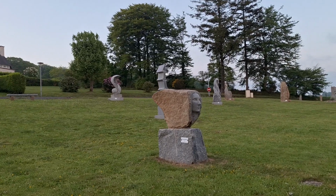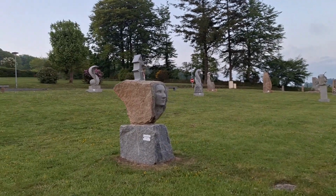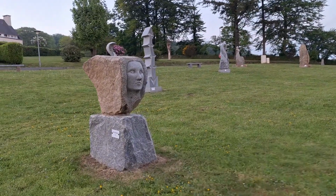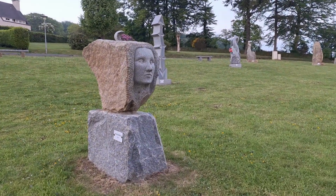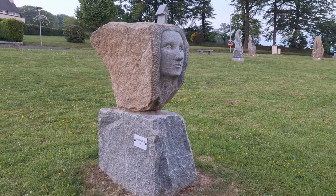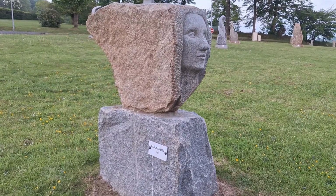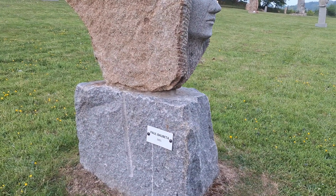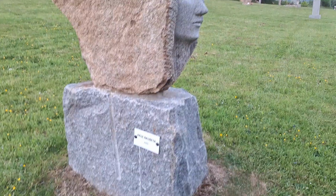And you can do all the guides, and that way you can learn. There's a guy that explains the tides and the problems you could have, that you could get stuck in the sand, and how to get out if you are stuck in the sand. But I digress, as I generally do when I'm waffling on. So going back to the sculptures,